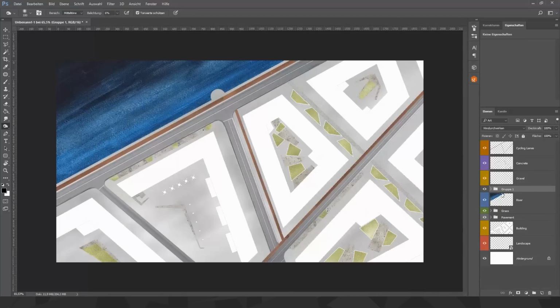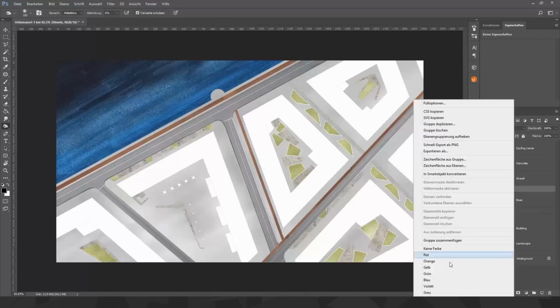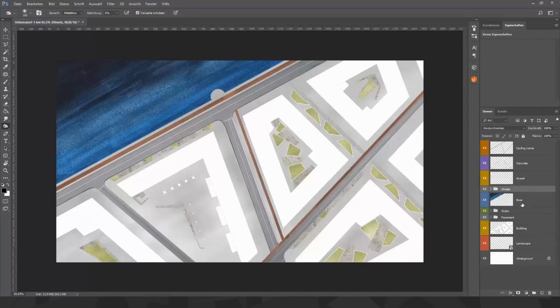And that's good for realism. So we don't need to dodge and burn it anymore. You could do it if you like, of course, but I won't do it here. Okay, the gravel, I won't dodge and burn it either, but maybe I will add a little bit of color to it,